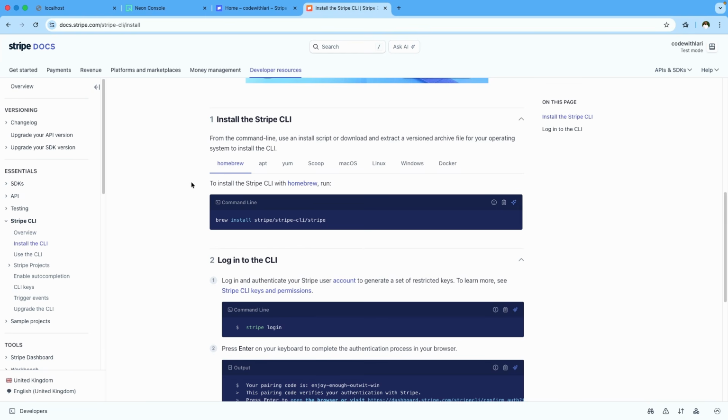The reason is the user's browser might close, the user might lose connection, or they might even tamper with it. Okay, so webhooks are Stripe's way of calling our server directly to say, hey, we received the payment, this payment happened, and that's where our source of truth is going to come from. And webhook generally is just an HTTP post request that Stripe is going to send over to our server whenever something happens. So whenever a payment succeeds, or whenever a subscription is cancelled, or a card is declined,